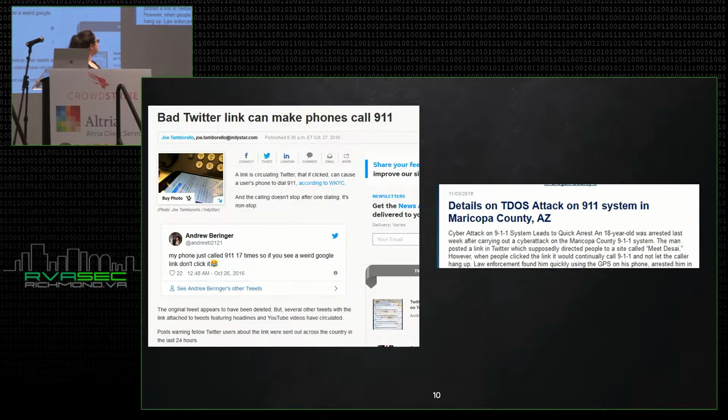There's several ways. The first one is someone was working on the bug bounty with Apple, and they sent out a link on Twitter. They clicked the link. It made their phone dial 911 over and over and over and over. It can be done that way, and when it does that, there's no controlling it. And the reason it mostly happened in Maricopa County is I think the person who posted the Twitter link was from around there. So